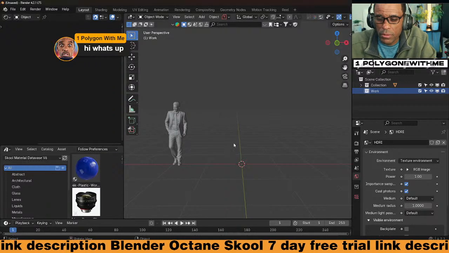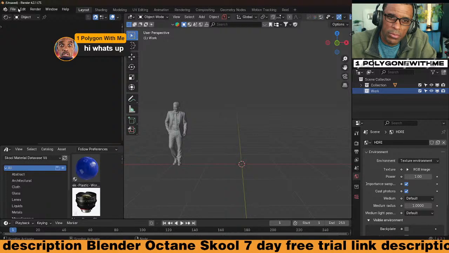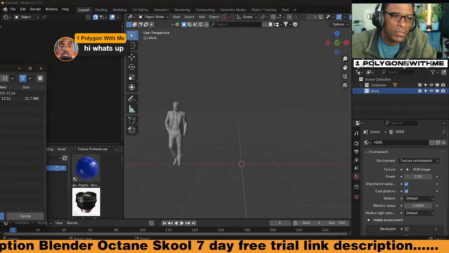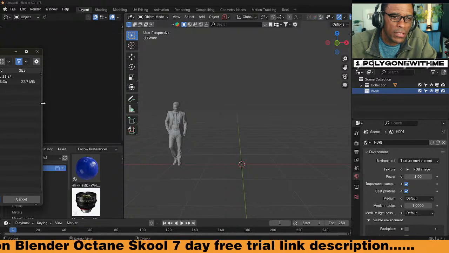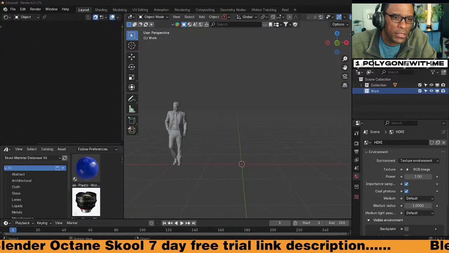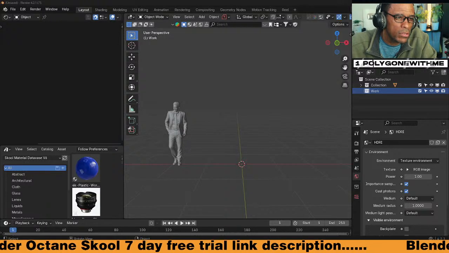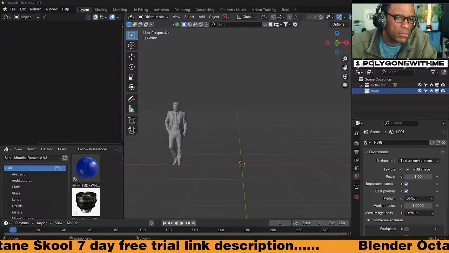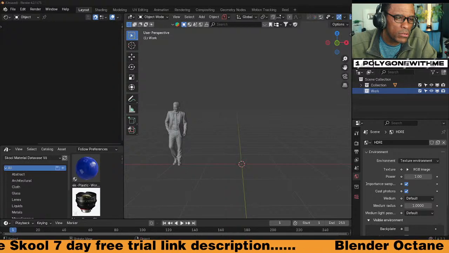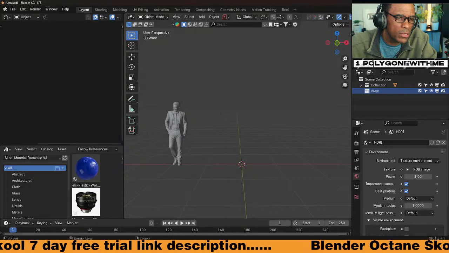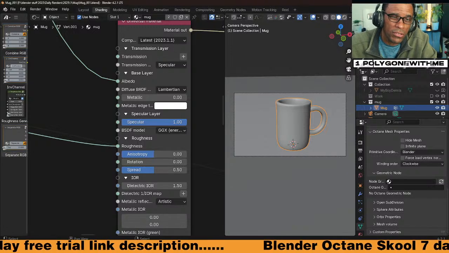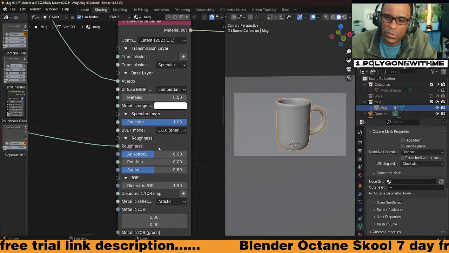So what am I planning here? Let me bring in the mug. The mug is nothing special yet. I want to probably add something cool to it, some type of cool material. I haven't yet decided on the material that I want to add. But I got the mug modeled. What file is it? Mug 2 or mug 1? I think it's mug 1. Originally I was going to do a VFX shot and just have it sitting on my desk. It's still kind of work in progress. I'm doing this VFX lesson.